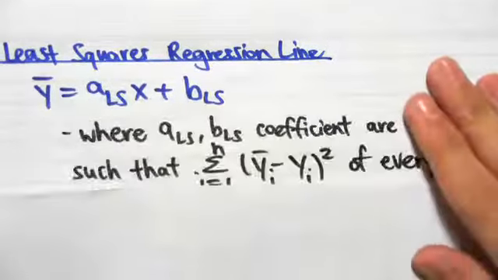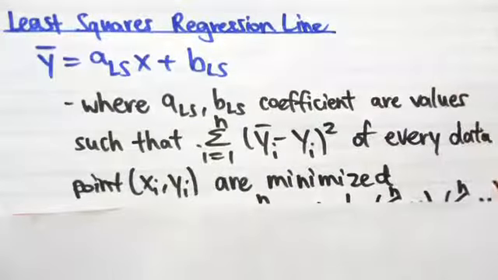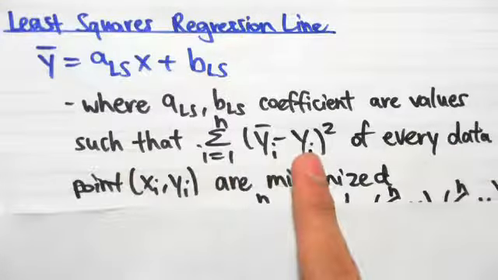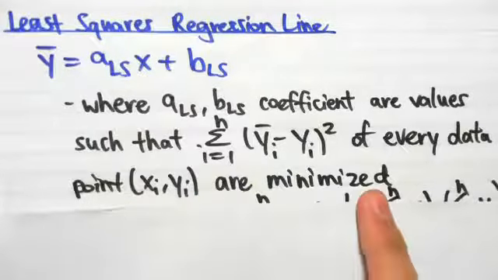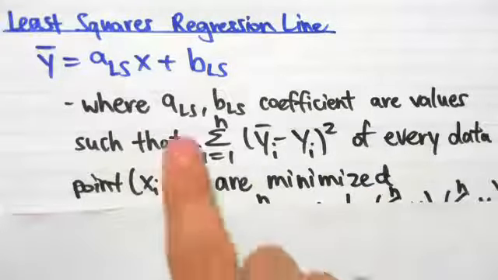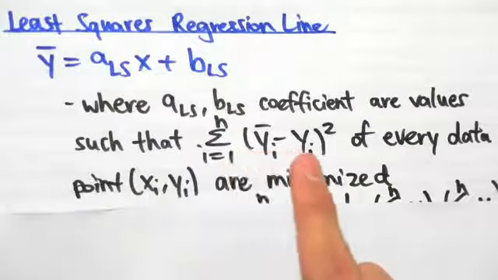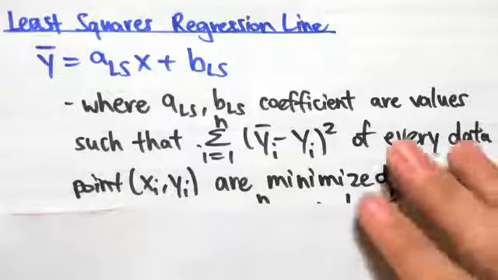The coefficients a and b are values such that the sum of the squares of the residuals of every data point (xi, yi) is minimized. These coefficients are restricted in such a way that the sum of the squares of the residuals is minimized. I won't go through the derivation, but it turns out that